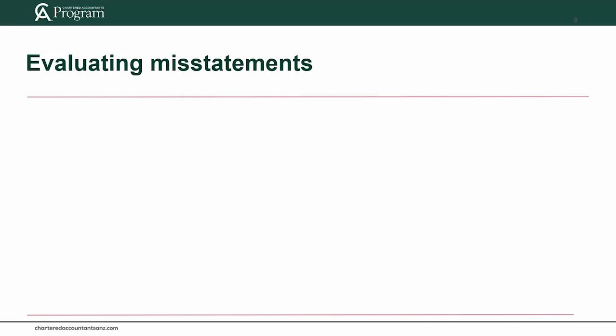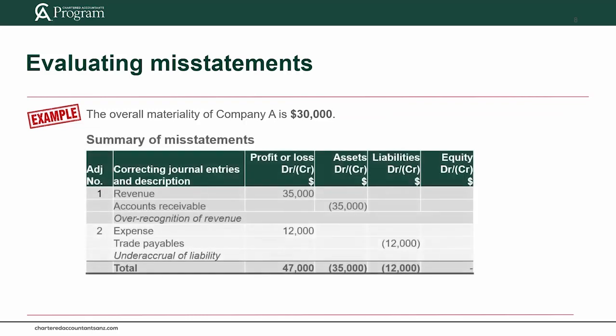Let's look at an example of a summary of misstatements. For the purposes of this example, we are focusing on the size of the misstatements. Let's say the overall materiality here is 30,000. There are two misstatements identified here that are not clearly trivial. The first one is in relation to revenue over recognition of 35,000, and the second one is a 12,000 under-accrual